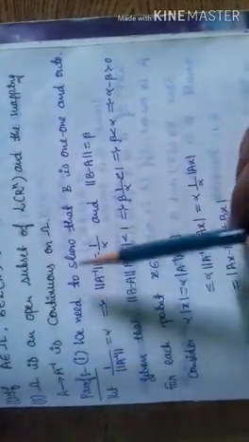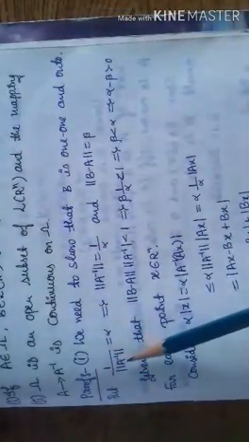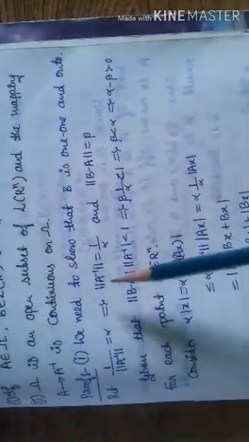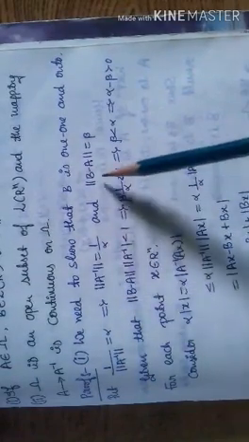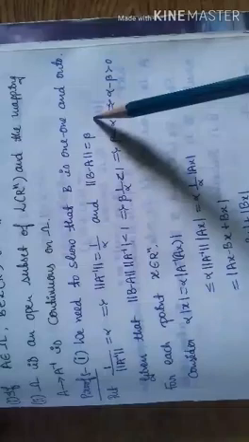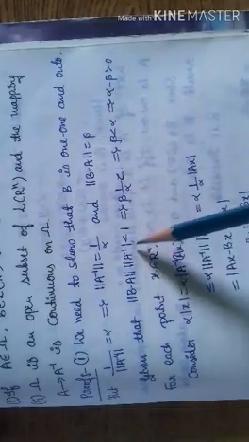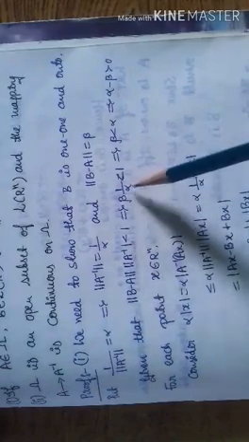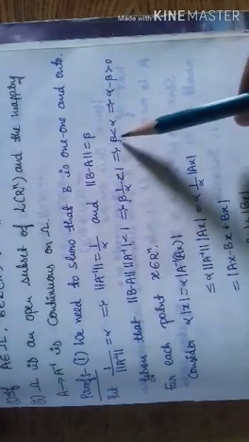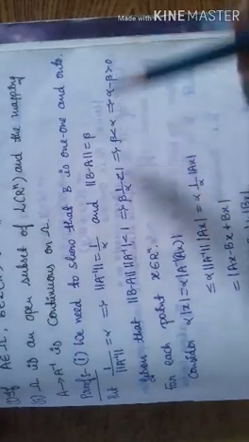Proof. First one, we need to show that B is one-one and onto. Put 1 by norm A inverse is equal to alpha. This implies norm A inverse is equal to 1 by alpha, and norm B minus A is equal to beta. Given that norm B minus A into norm A inverse is less than 1, this value is beta, this value is 1 by alpha. So this implies beta is less than alpha. This implies alpha minus beta is greater than 0.